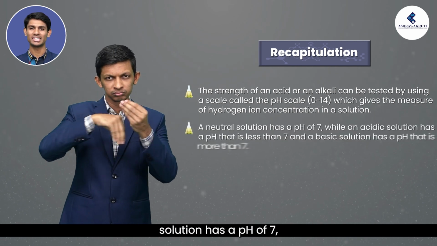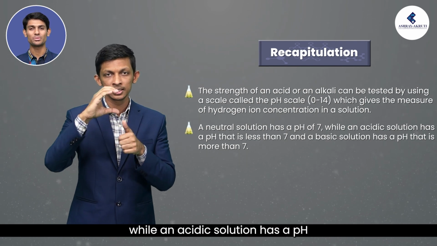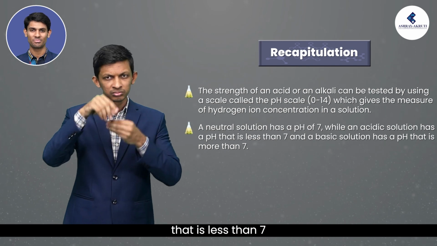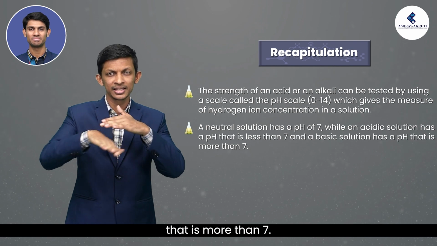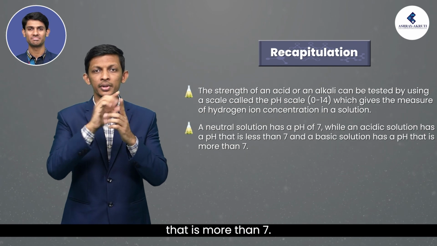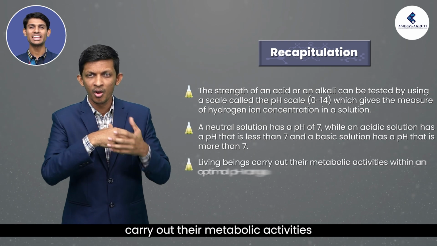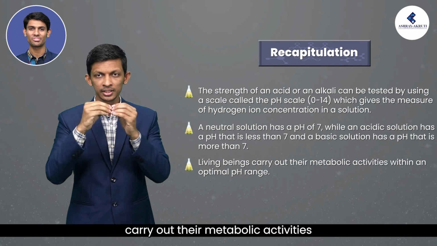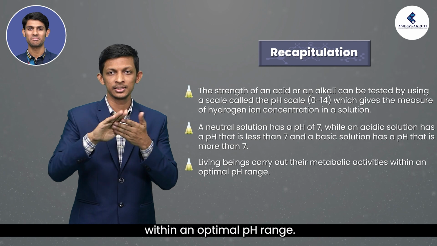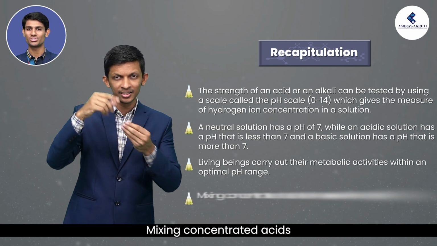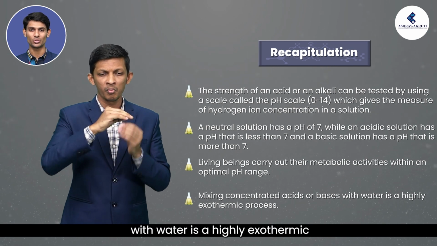A neutral solution has a pH of 7, while an acidic solution has a pH that is less than 7, and a basic solution has a pH that is more than 7. Living beings carry out their metabolic activities within an optimal pH range. Mixing concentrated acids or bases with water is a highly exothermic